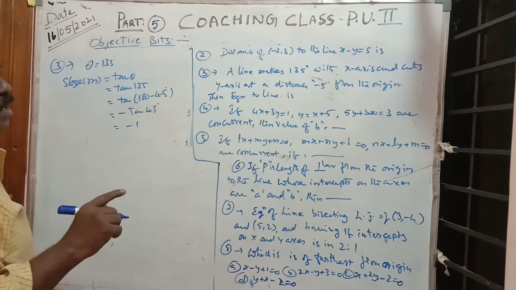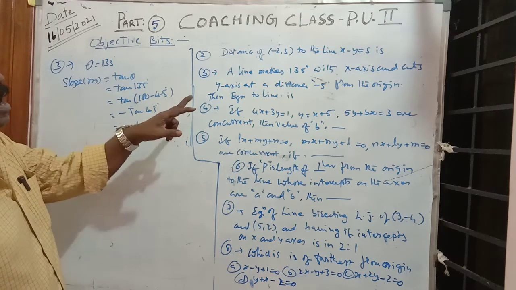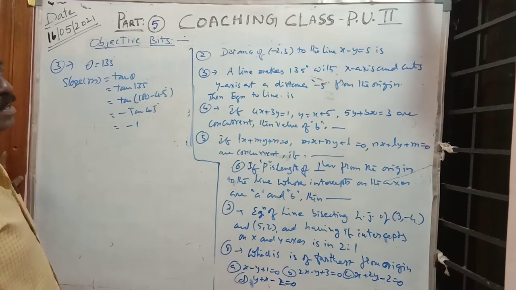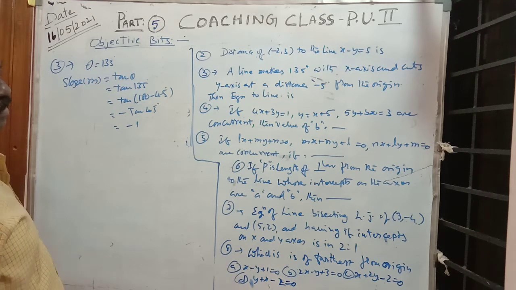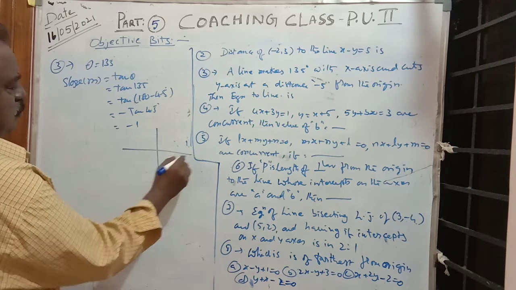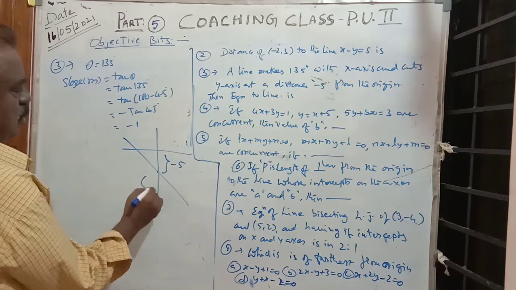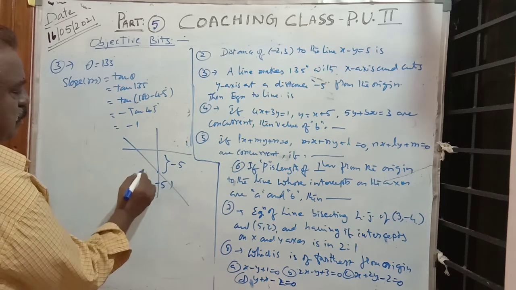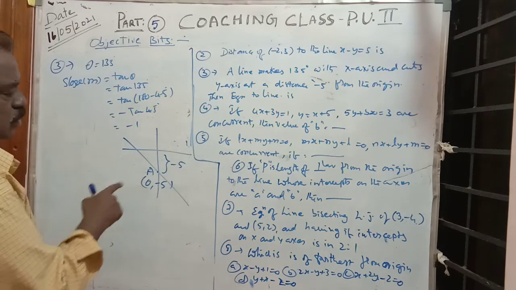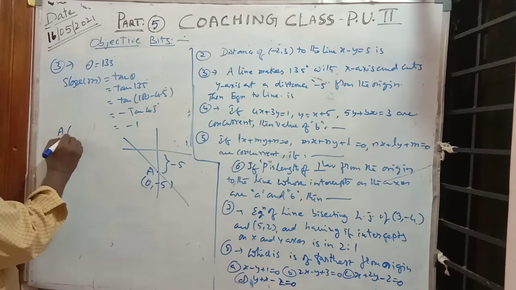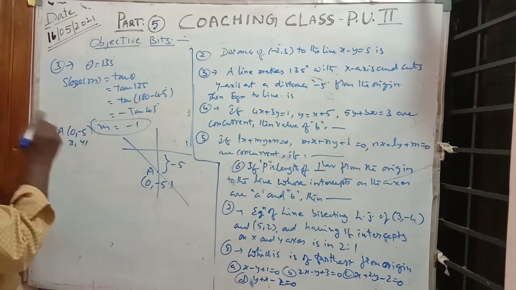It is -1. Okay, the line is making an angle, which means you find the slope of the line. And that line cuts the y-axis at -5 units from the origin. That means the line is like this. This is -5. So it is passing through (0, -5), it is a point here. The given line is passing through the point (0, a) which is (0, -5). This is x1, y1. Slope is there and point is there.